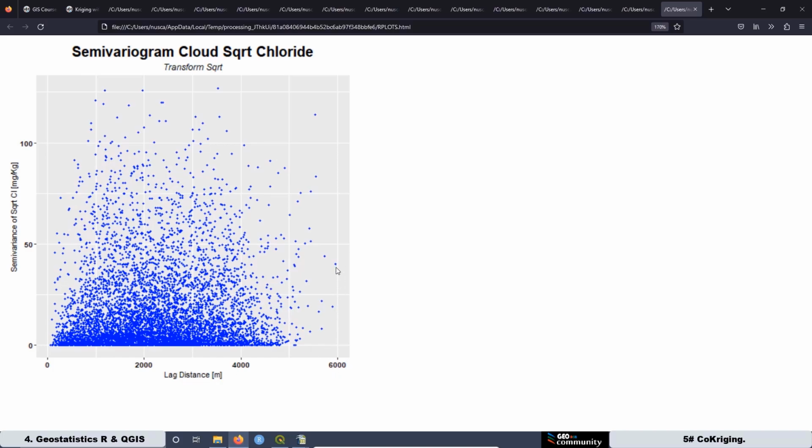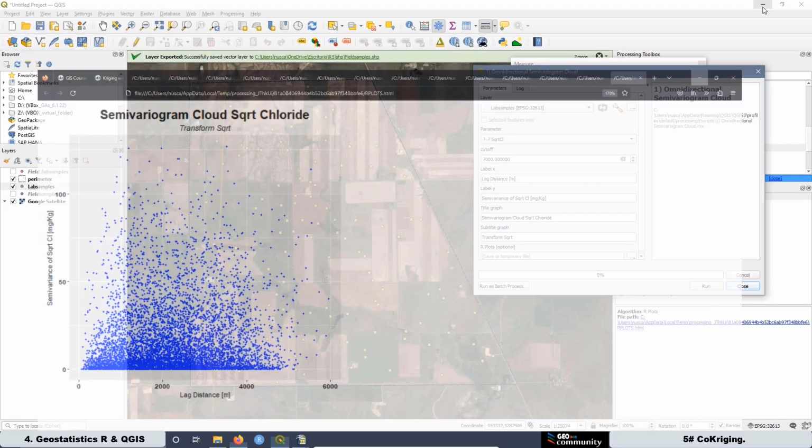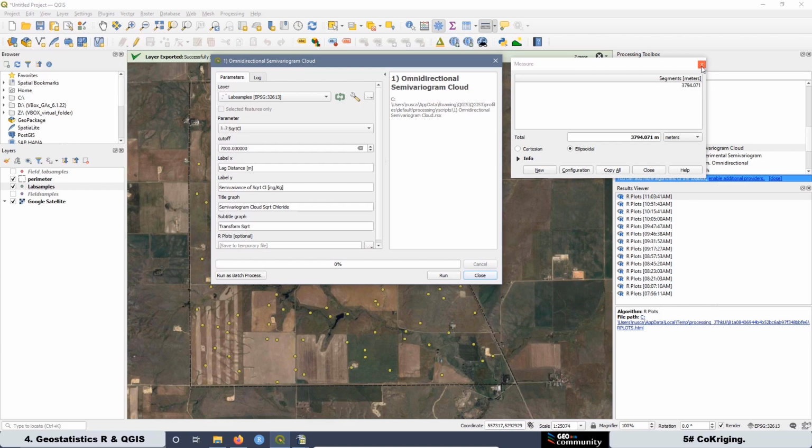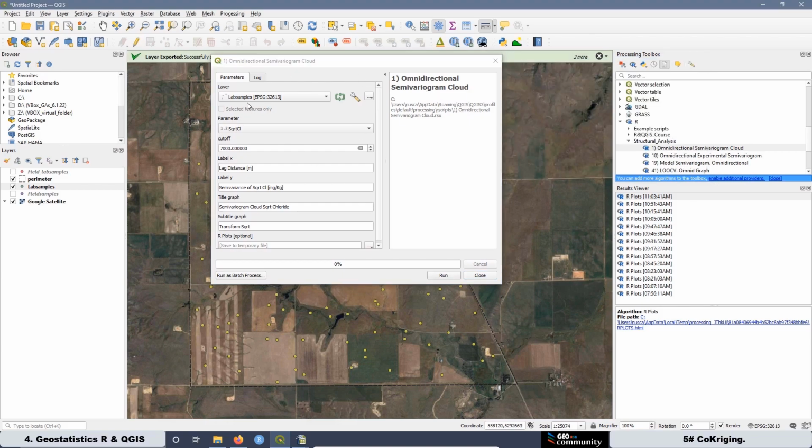In this graph, 6,000 meters is the maximum distance, and that is why even when we increase it to 7,000 meters, no further pairs of samples were added to the semivariogram cloud, since the pair with the greatest lag is around 6,000 meters. So now we can do the same, but instead of using chloride concentrations, we want to use the